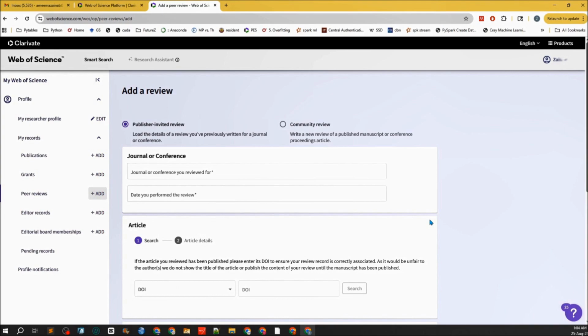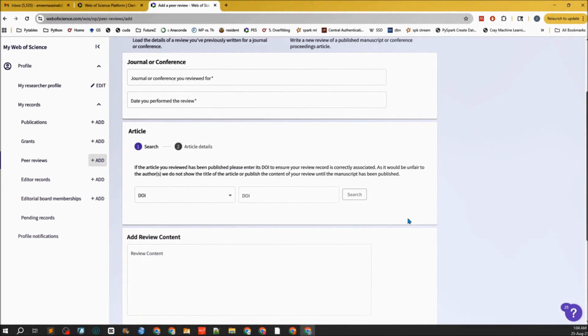You don't have the emails, you don't remember the emails of the conference or journal thanking you for reviewing the paper, so you don't have that information. You might not remember all the journals or conferences that you have reviewed for and the date that you performed the review. And it is also required for you to submit a screenshot for the Web of Science team to